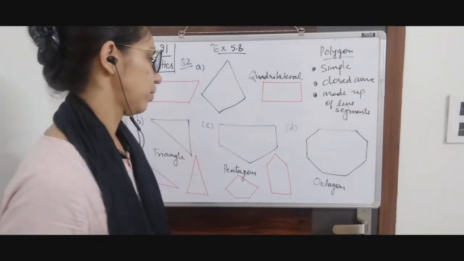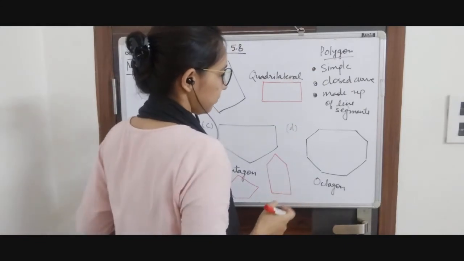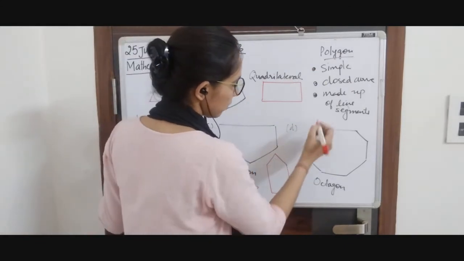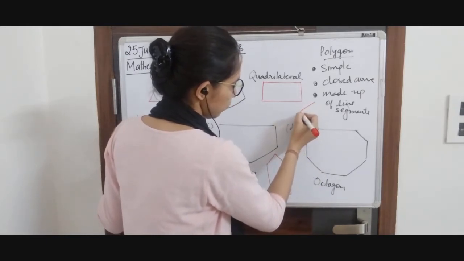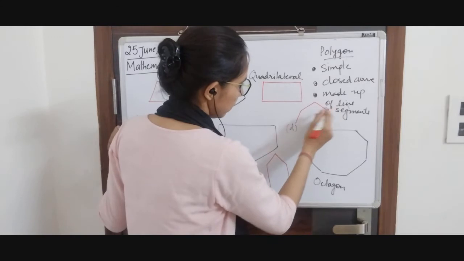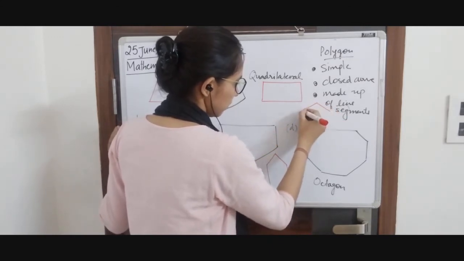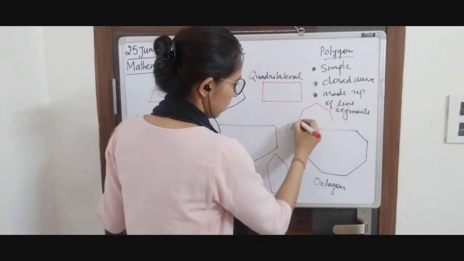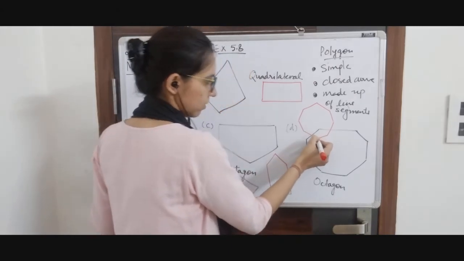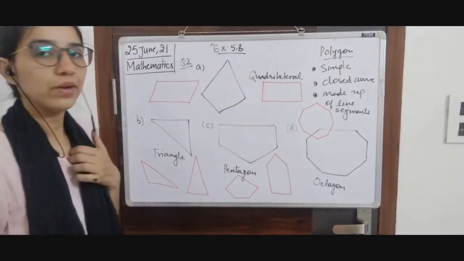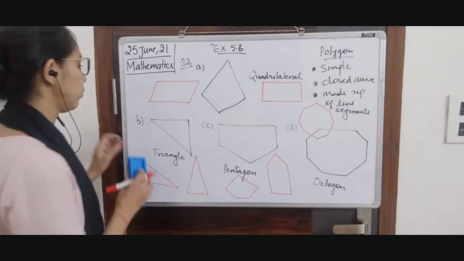Octagon, you can make any octagon. One I made here, so I am drawing one more. So it is going to be here. 1, 2, 3. It is not very visible. 1, 2, 3, 4, 5, 6, 7, 8. This is an octagon. Now question number 3, we have to draw a rough sketch of a regular hexagon.